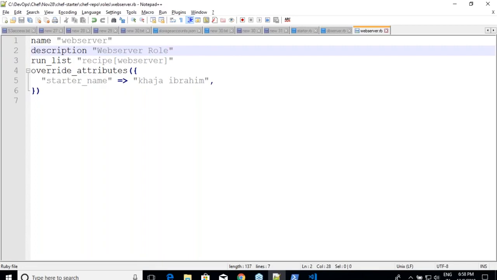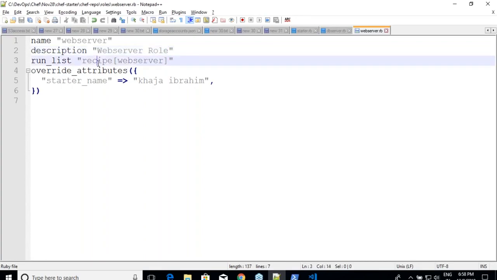And you can include another role also. So for example, let us assume that there is a role called common and you want to include that in a run list. Then the syntax would look something like role of common. So whenever you write this, in the run list you are referring to another role that might have its own run list, right? You can have any of these combinations, but as of now, in my scenario, I'm just having this.